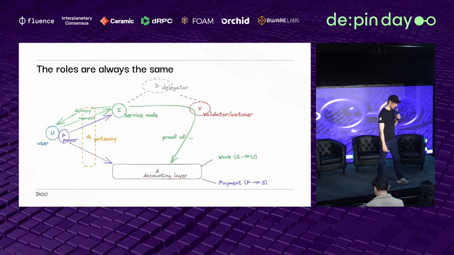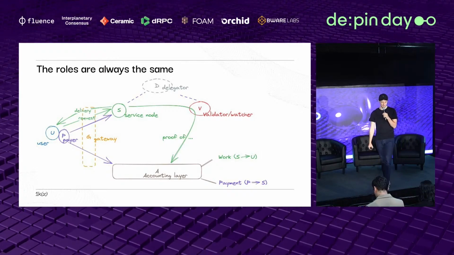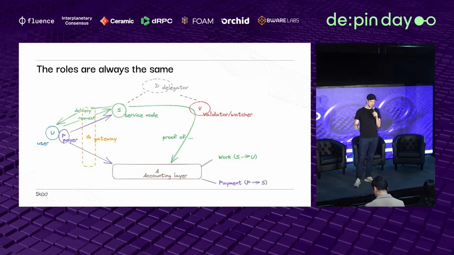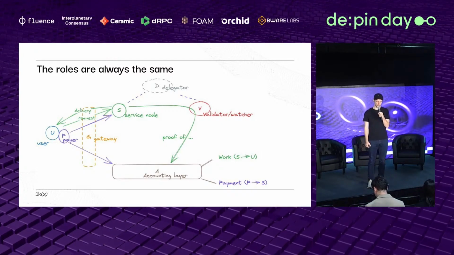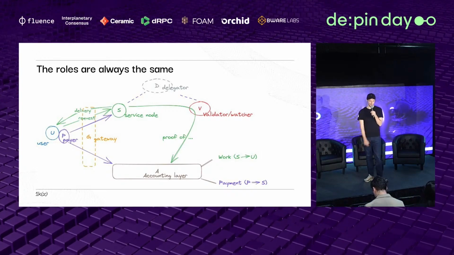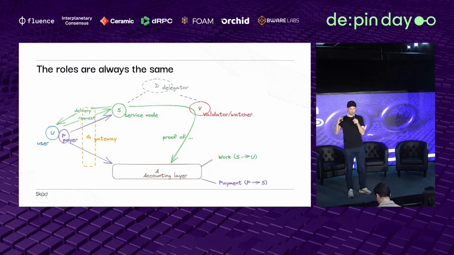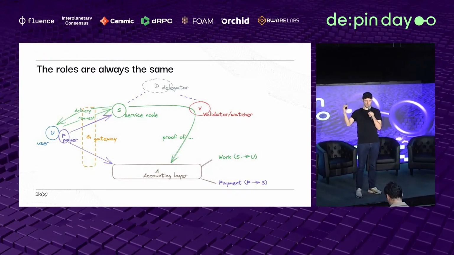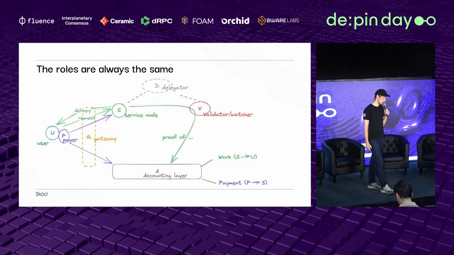And then you have an accounting layer. This is basically the blockchain, your settlement layer. This is a whole topic by itself. We're actually talking tomorrow at the Real World Summit about the accounting layer more in depth, if you want to come there. But essentially, the accounting layer is the bookkeeping system for what work has been done and which payments have been made, speaking at a high level.